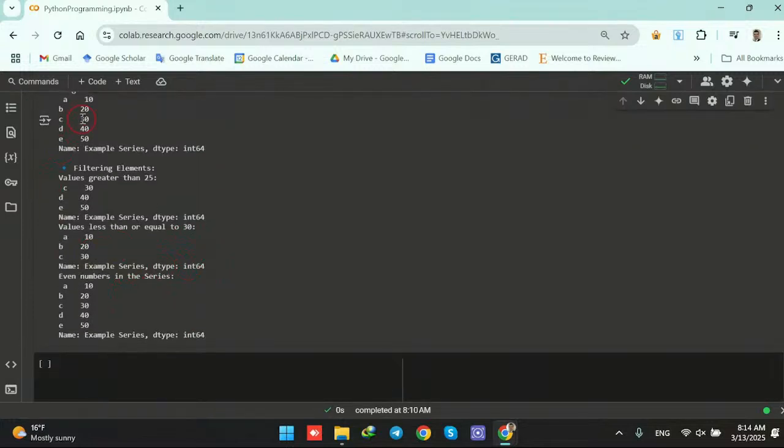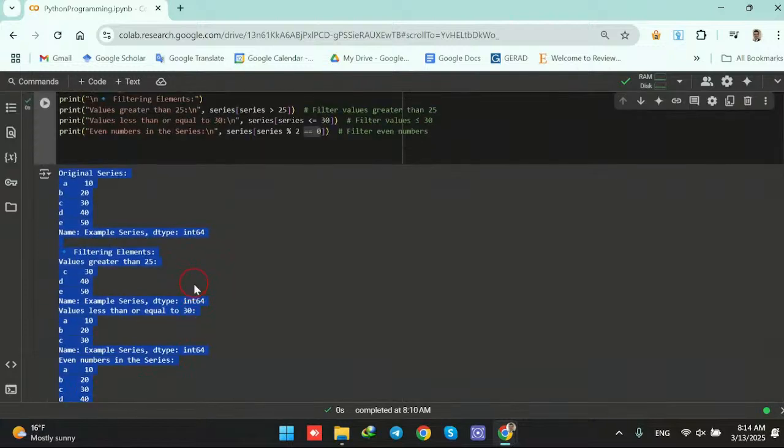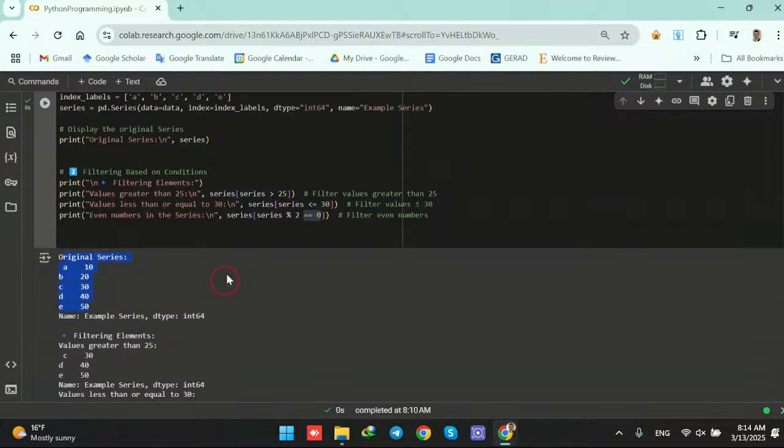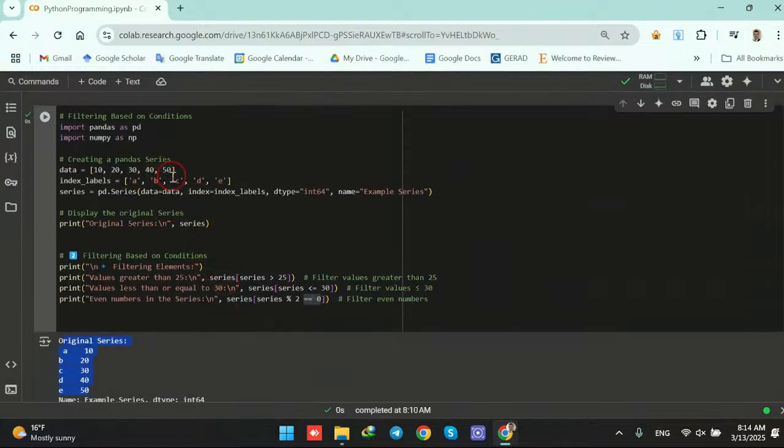For this, we are saying 10 divided by 2, the remainder equals 0. Yes, so we are having 10. 20, when it is divided by 2, the remainder of this division equals 0? Yes, so we're having 20. The same goes with 30, 40, and 50 because all the elements in my original series are even numbers. So if I add, for example, one odd number here, 55, and one label here, for example, F,